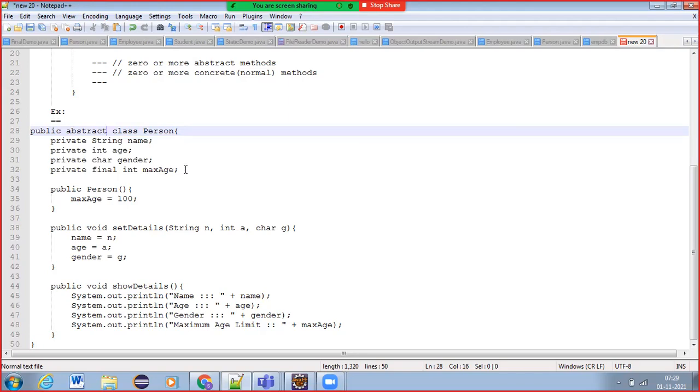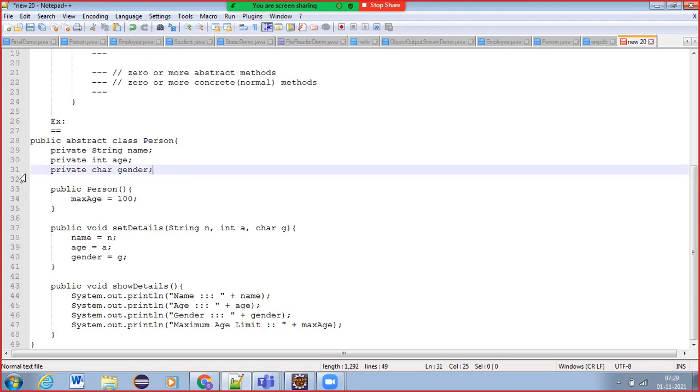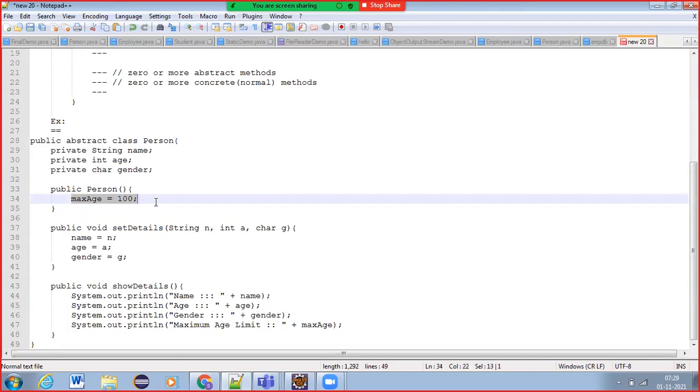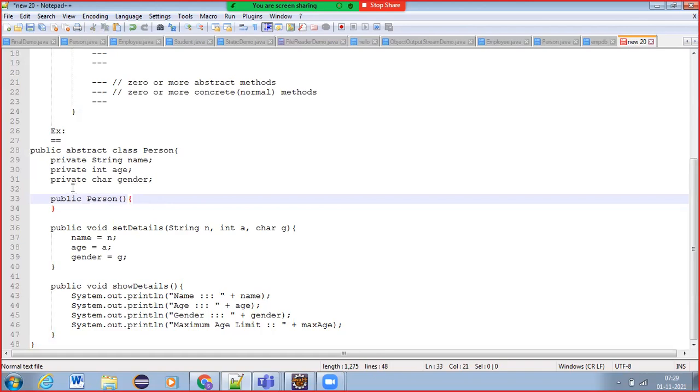When you mark the class as abstract, you will not be allowed to create an object. But still, if you want, you can define constructors. That's not a problem, but anyhow you cannot use those constructors to create objects directly in the programs. That point you need to remember.